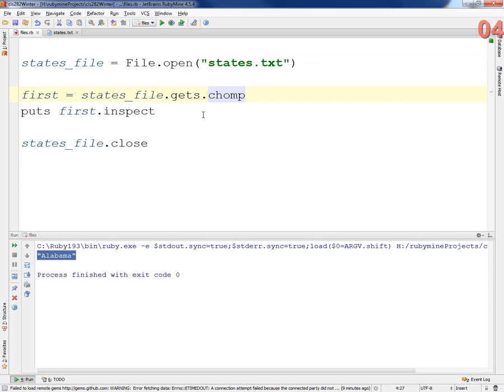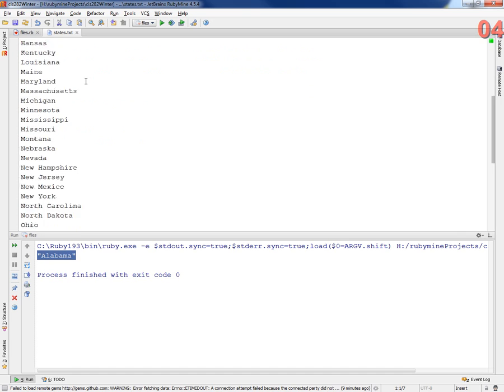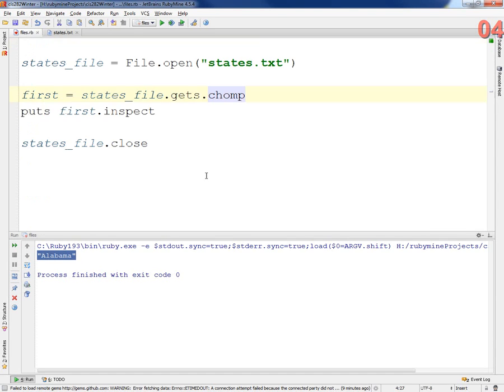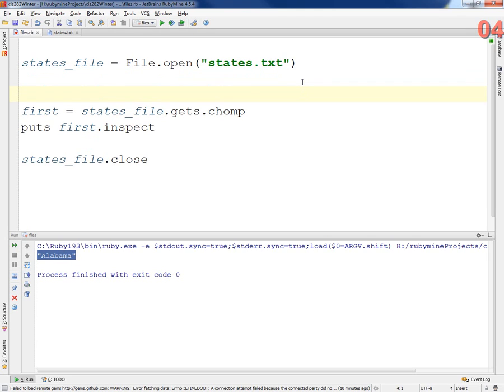All right, so the next thing is, let's say we want to read every line of the file, and there's a bunch of them in here, but I don't know how many lines there are. There was a method that I talked about yesterday that we could use, and what was that called? The end of file, okay? So I can say, if I call the states file, everything is based on that file object, if I call EOF question mark,